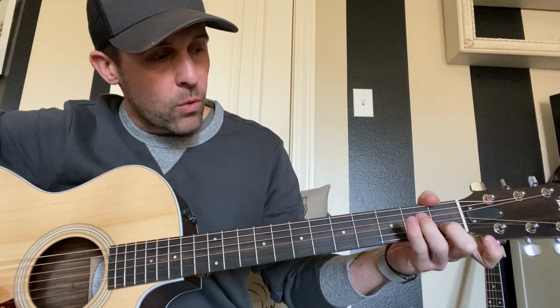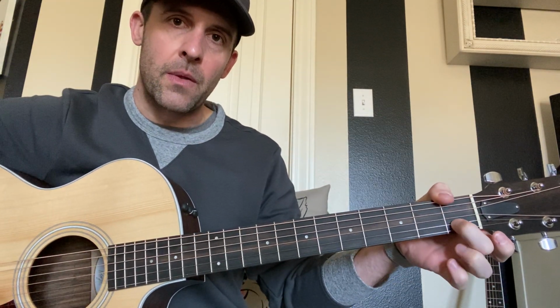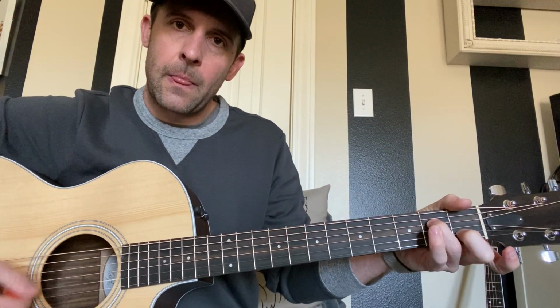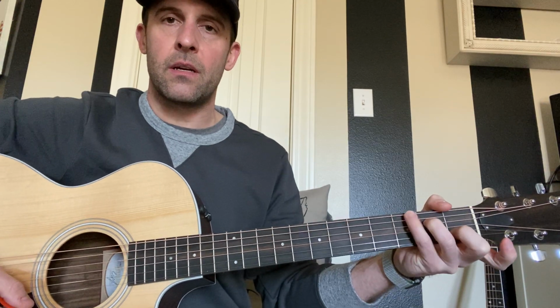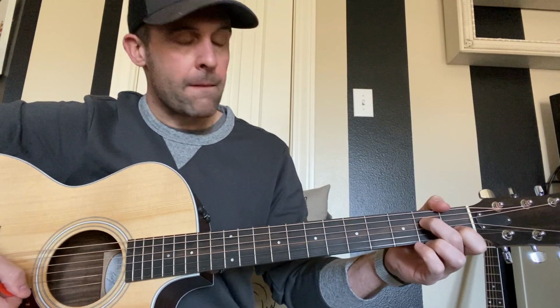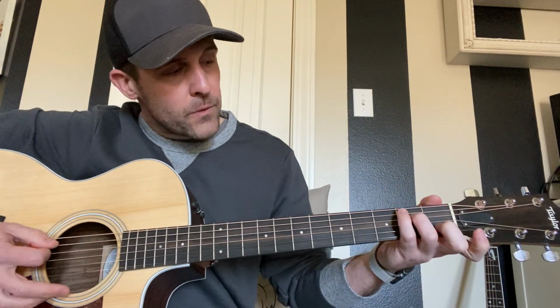Now I'm doing it, I want you to do it with your middle finger here on the B string first fret, and I want your ring finger up here on the second fret D string, because you're gonna be ready to move that forefinger up here and your pinky up here. So you need to be ready with those two fingers as opposed to these, because that's gonna get you completely out of position to what you need to do, and it's gonna make your life a lot easier. So we'll go,